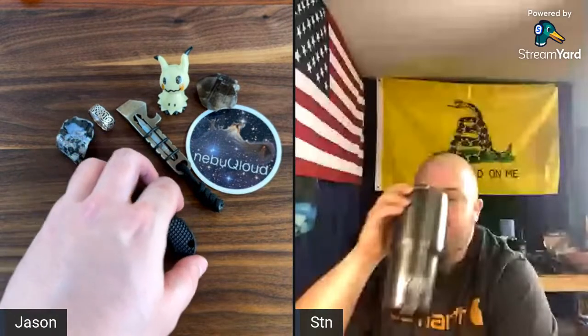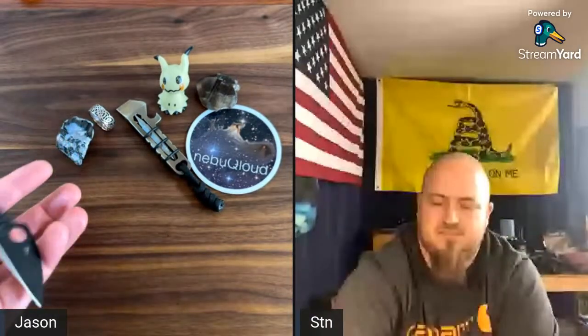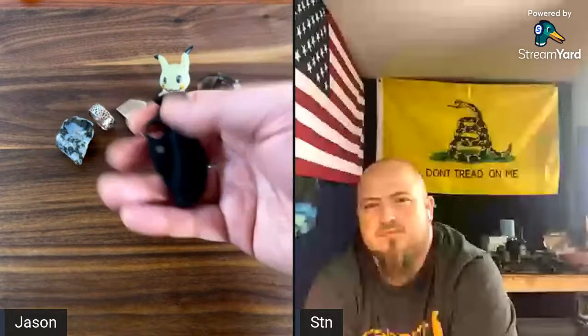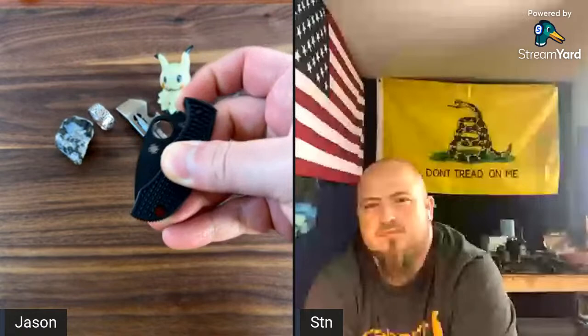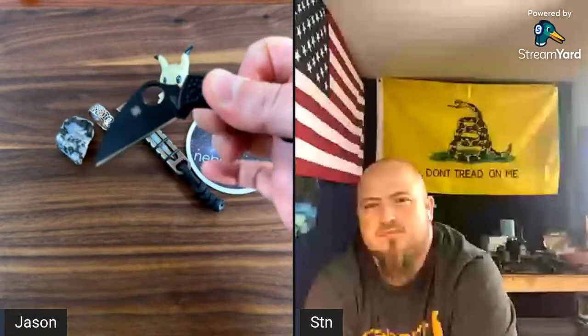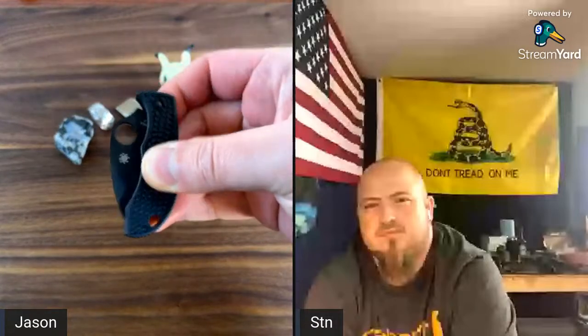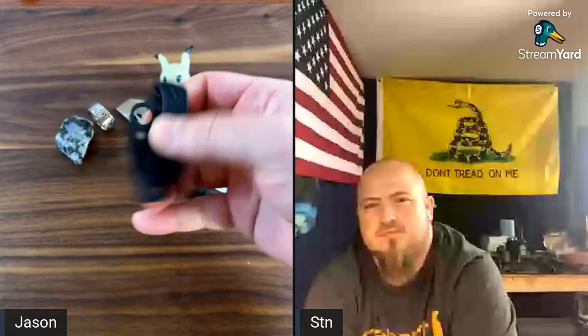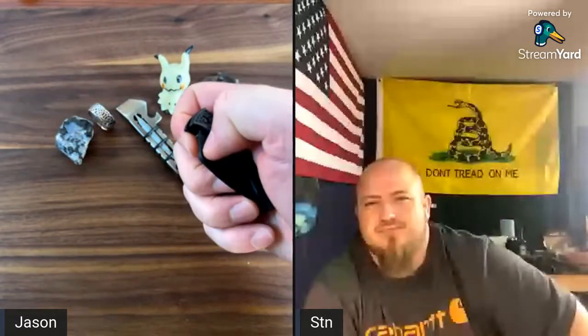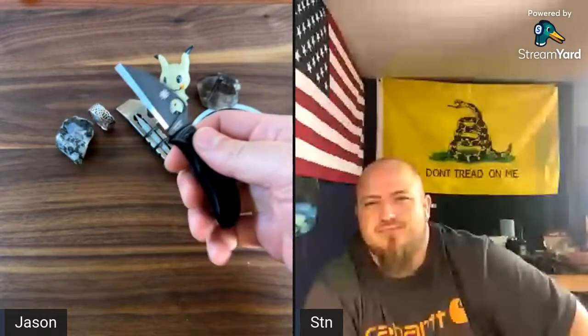I've been putting this little man bug in my pocket a lot lately, and it's just because it's so small. I didn't think that I was going to like it, but it's the fact that you can flip it open like a bigger knife that just gets me. I still struggle with it a little bit. I'm not always perfect, but the pinky one always works. It's a fun little knife, and I have the